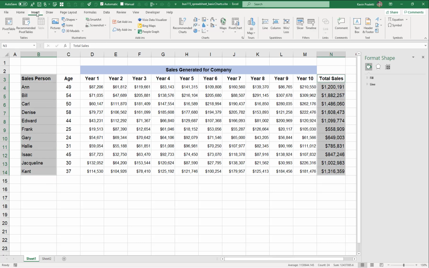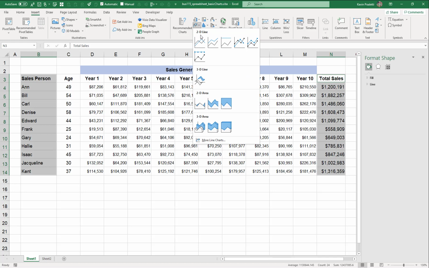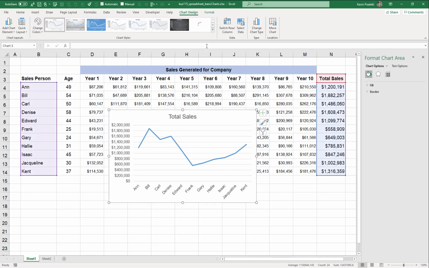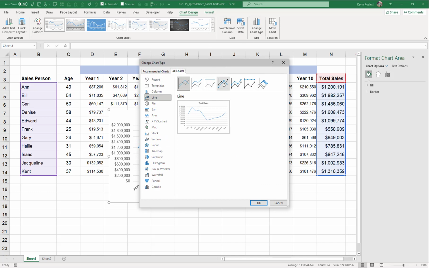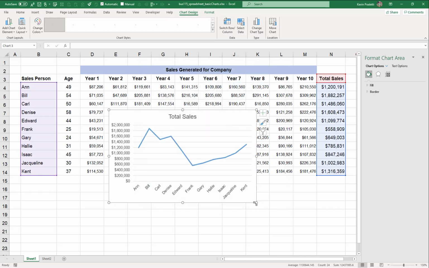We'll go to our Insert tab, and then we'll look at which chart we should choose. Now, interestingly, let's just say we wanted to do a line chart, and let's say we'd like to change the chart type. We want a line chart with the markers on it. This may seem like a good chart to choose, but it's actually not a very good one for representing this